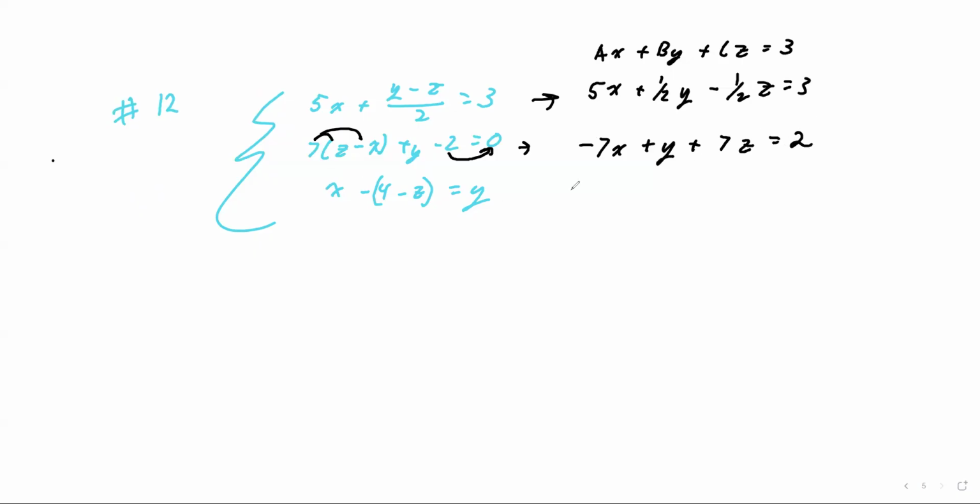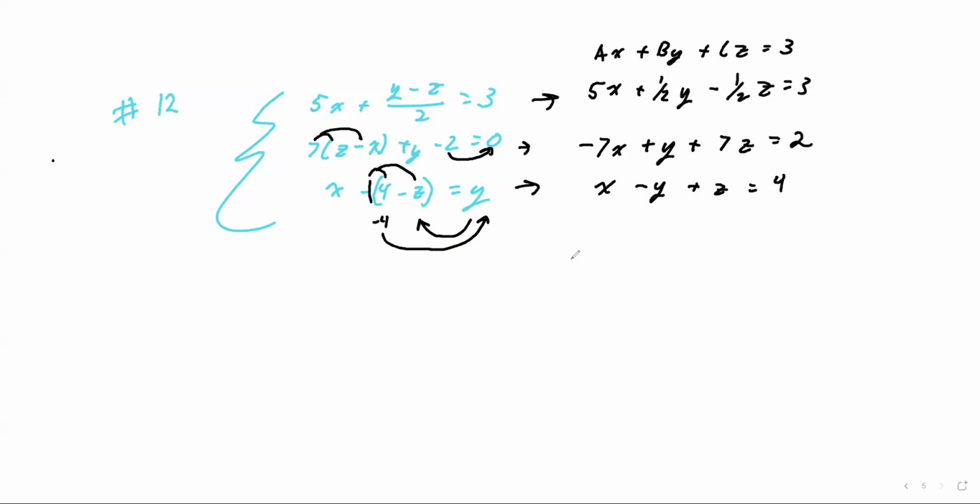Same concept here. I start with my x. Then I need to technically distribute a -1, but the y is on the wrong side, so I do want to move the y over. If this is a positive y, it now becomes a negative y. And if I take a -1 times a negative z, that will produce a positive z. Now watch what happens here. A -1 times a positive 4 does produce a -4, but since there's no letter attached, it also needs to be moved over to the other side. Now that it's a -4, it will produce a positive 4. Once you have it in the correct order, and you might have to do this in a couple of steps, which is perfectly fine,